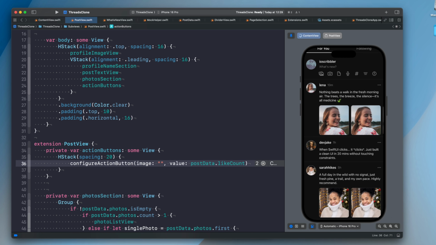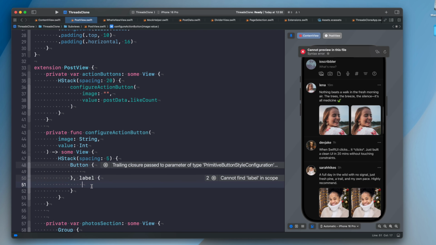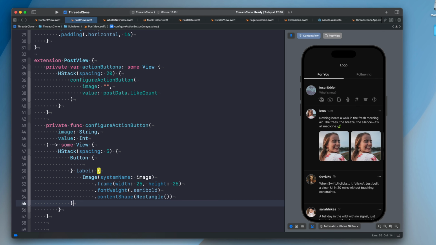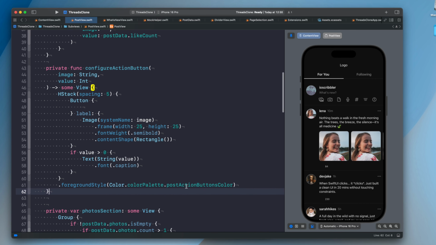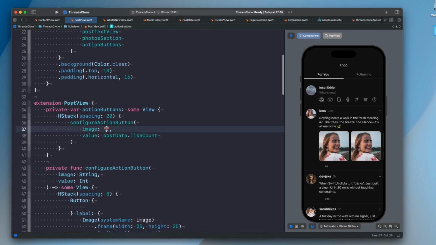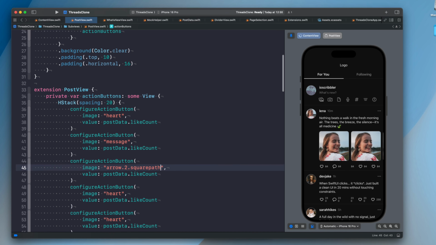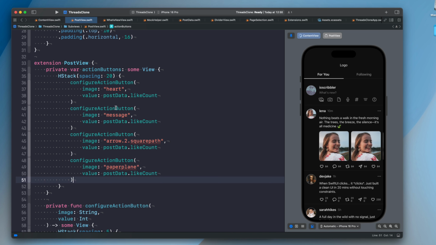This function will take in the system image name and the corresponding post count for each action, like comment, repost, and so on. It'll help keep our code clean, modular, and easy to update later. After calling our configure action button function for each action, let's make sure we're passing the correct values, so the